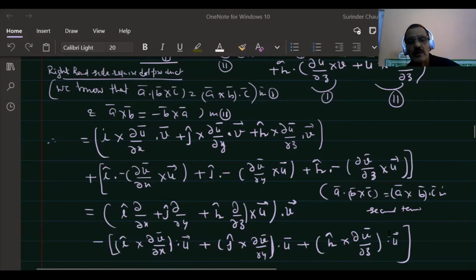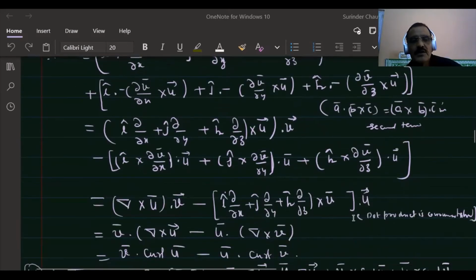Let us consider the same. So after this, what is this? This is del cross u dot v. And what will this become? Now dot u is common outside. Now cross v is common. So this is equal to, we again convert that into the del operator. So we are trying with what we did.